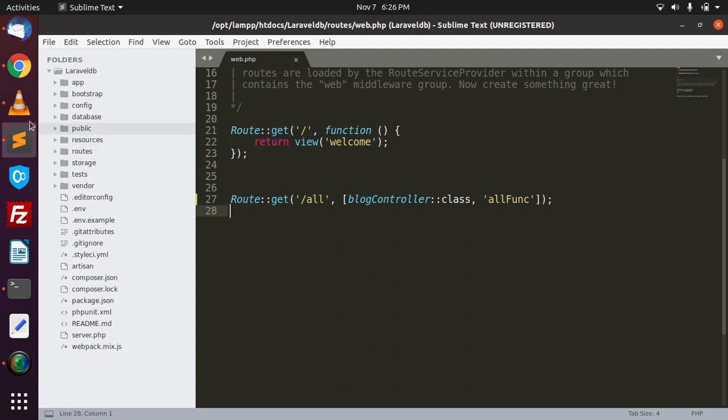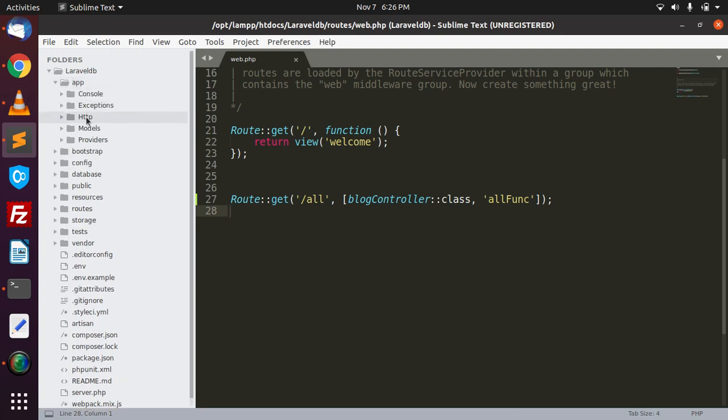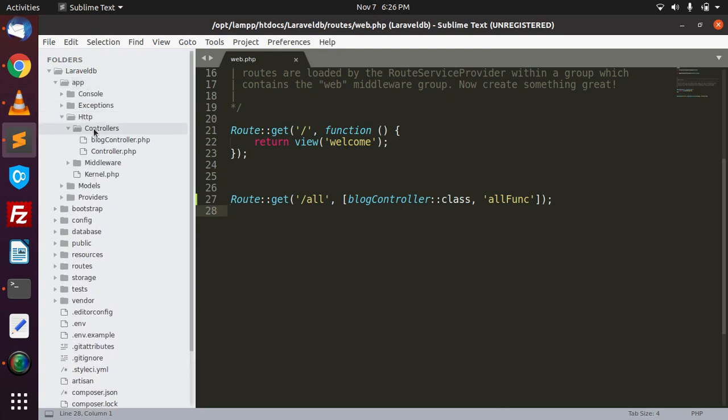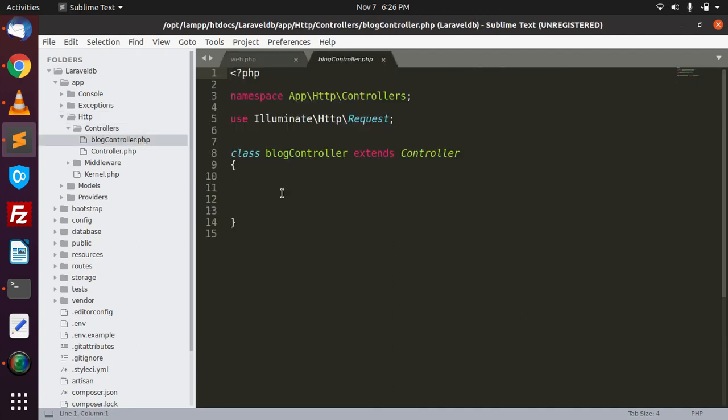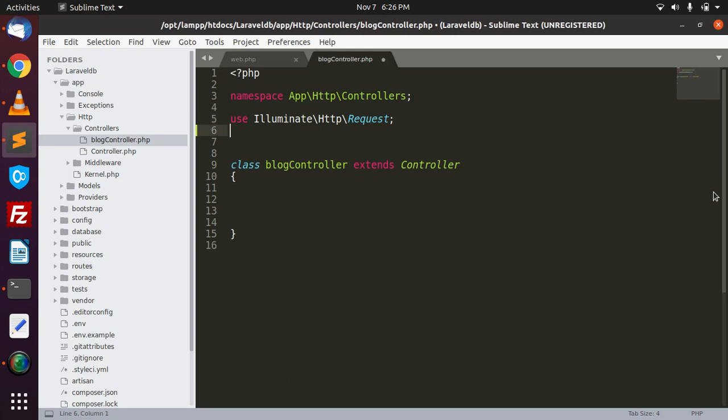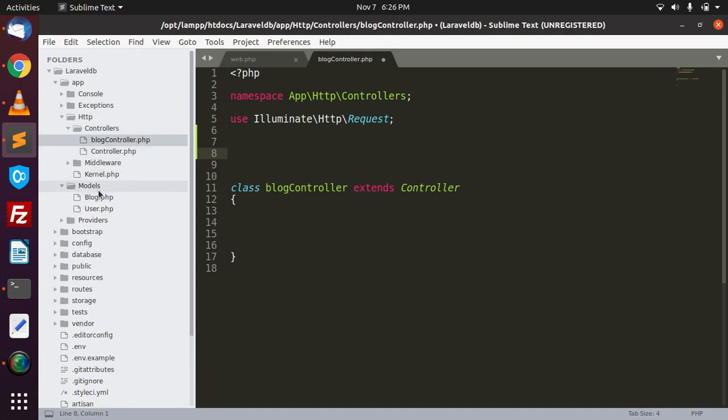Now the next step is we will go to our controller, app, Http, Controllers, and BlogController. This one is our controller. First we will include the model file at the top. We will do all the CRUD operations from this file.